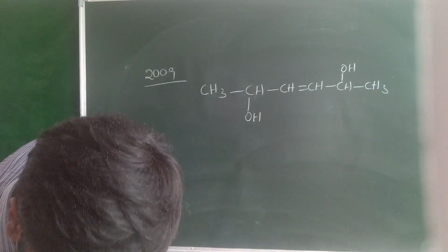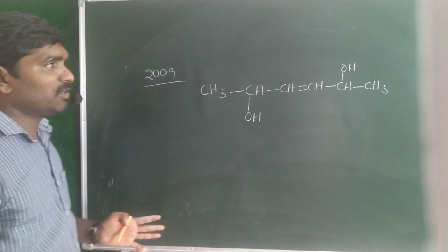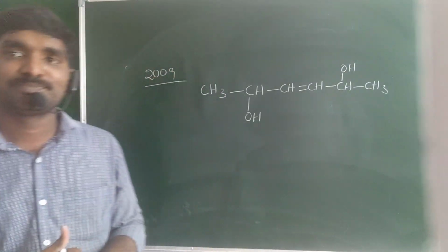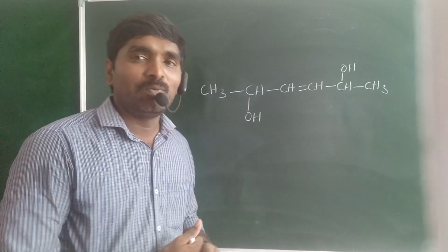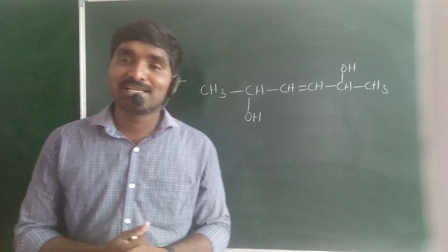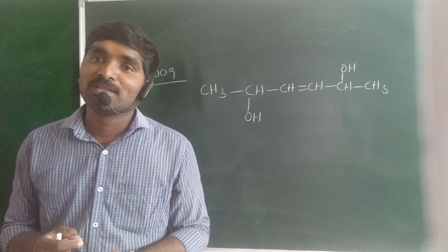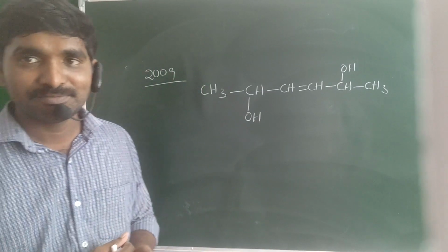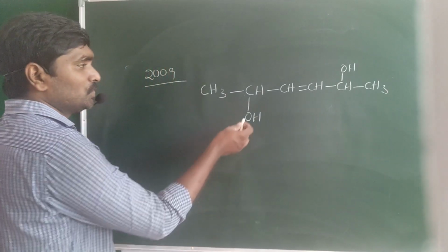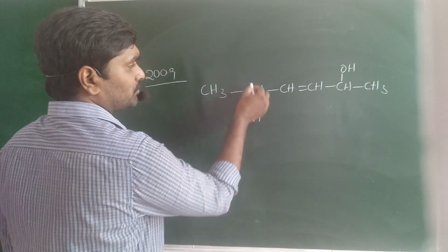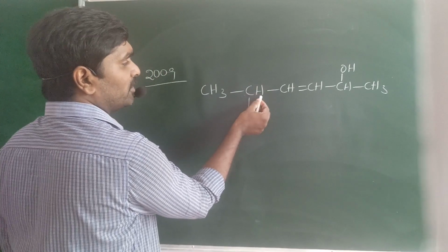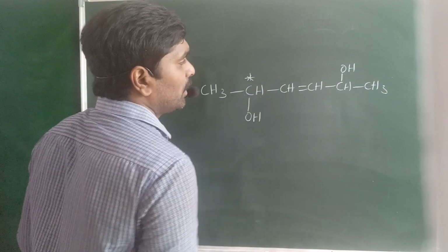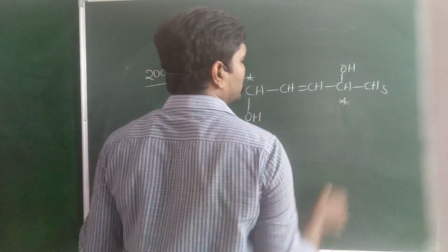Okay, go for this one. First of all, how many stereoisomers are possible for this molecule? When you have n chiral centers, n stereo centers, the total number of stereoisomers equals 2 to the power n. So this one may be a chiral center. Why? Because this carbon is bonded with hydrogen, CH3 and OH, and the right side is a different group, so it is chiral. Again the right side carbon is also chiral.